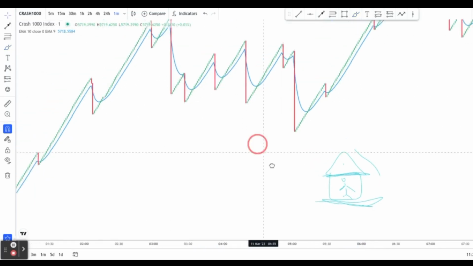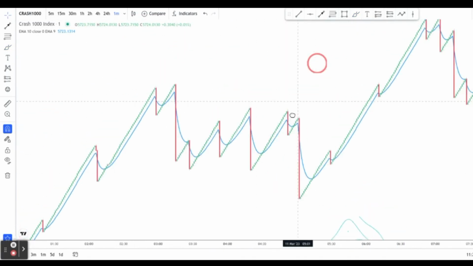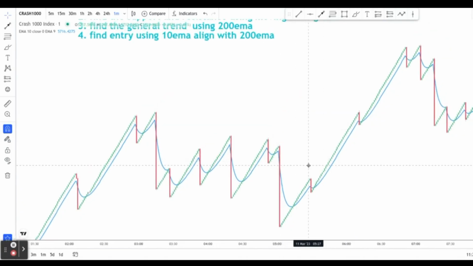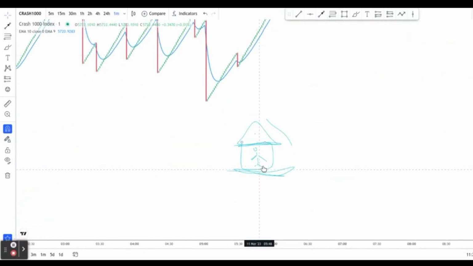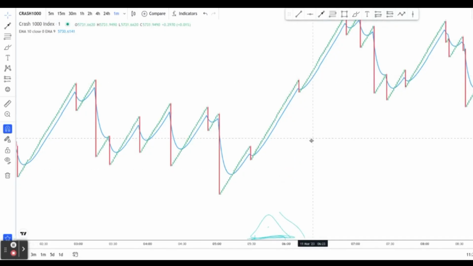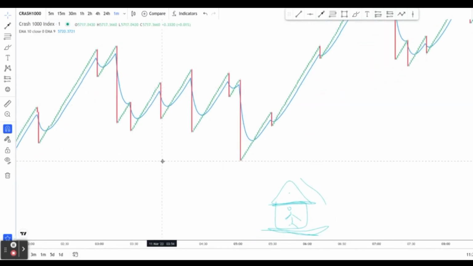So when the price sits on this 10 moving average, you can see that the candle is above the 10 moving average. It works as a support, just like you standing on the floor. The floor is the support. So now when the price is